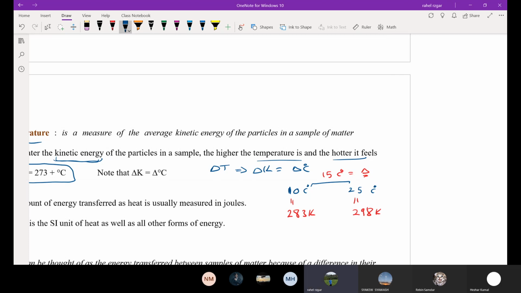Again, what is the difference between 283 and 298? It's still 15 Kelvin. So in here, as you can see, when we have a change in temperature,